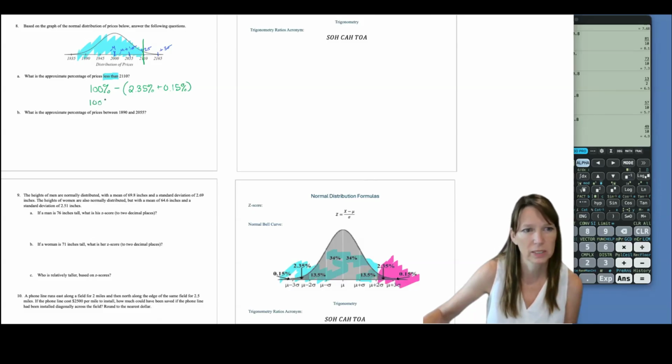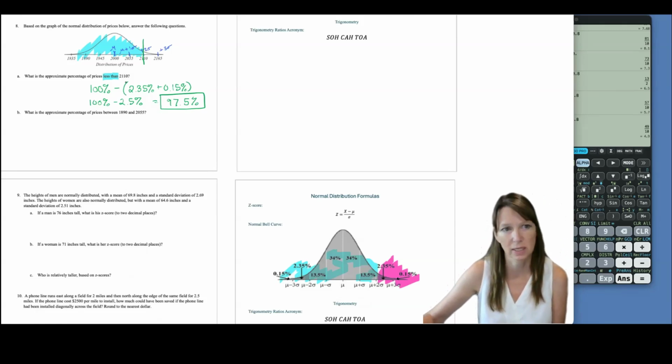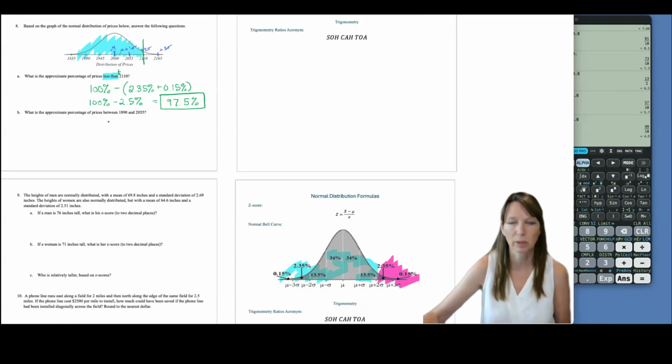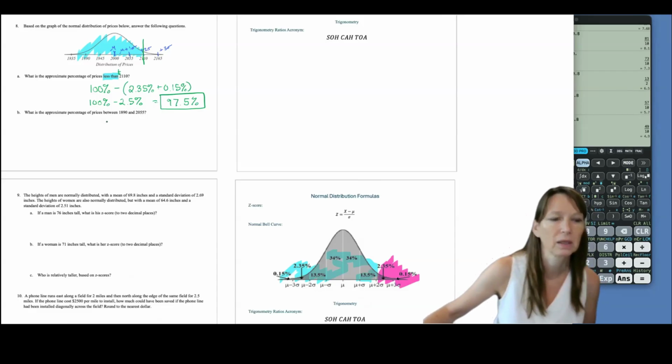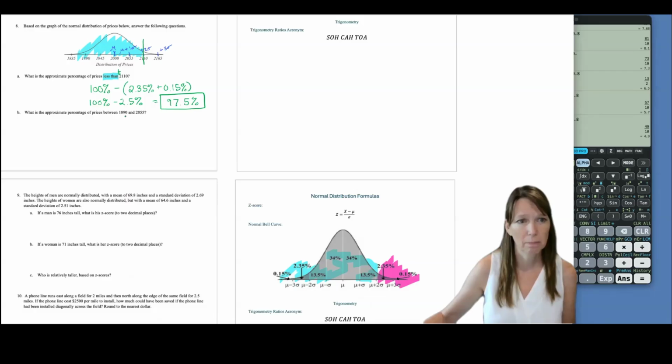So I get 100% minus 2.5%, which is 97.5%. Okay, so most of the prices, 97.5% of the prices are going to be less than, we should probably have dollar signs there, if we're talking about prices. But part B: what is the approximate percentage of prices between